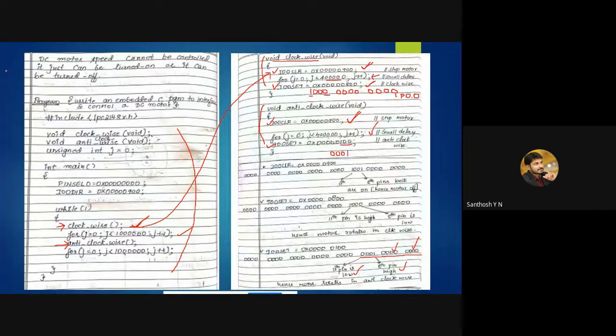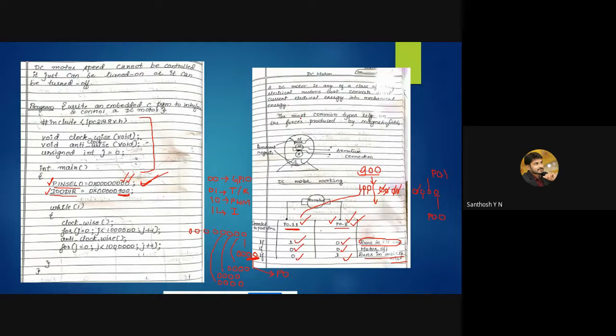So what you have to understand is just what values you need to pass into pin select, and what values you need to pass to IO0DIR, clear, and set. That's all. Is it clear? Yes, sir. So the actual program is only this much, only about 10 lines here, 5 to 6 lines there. That's all. Of course, you need to write about all these things.